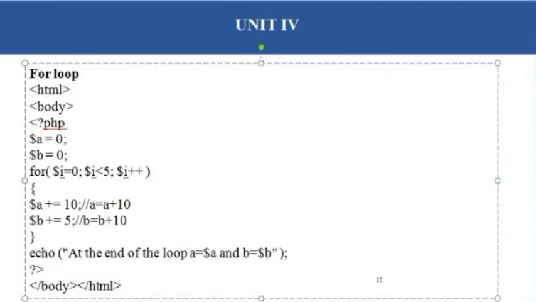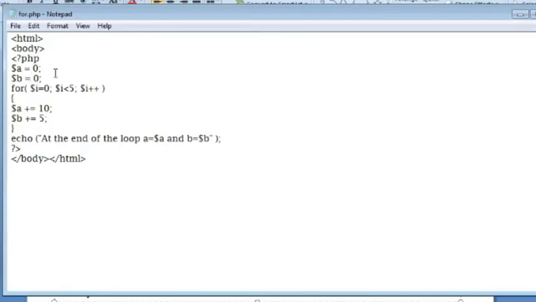So open Notepad and save the program. This is the example for loop. I already told you we save our program under the WAMP folder, under the www folder, with the extension .php. Then open our browser.